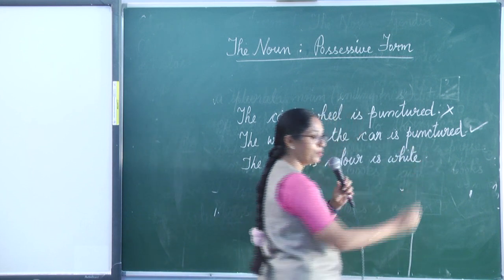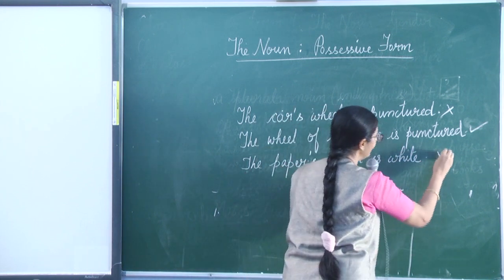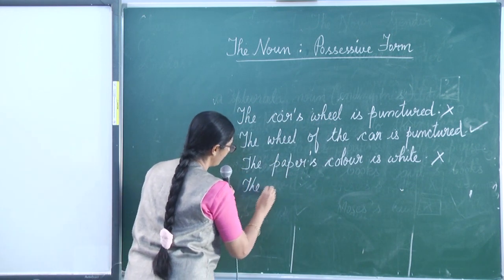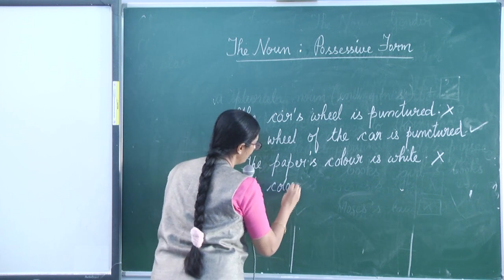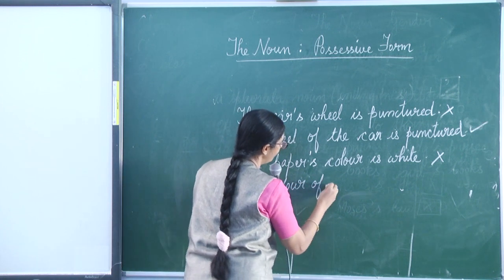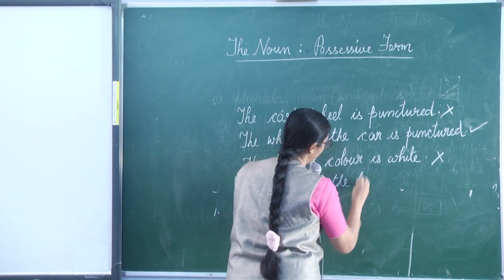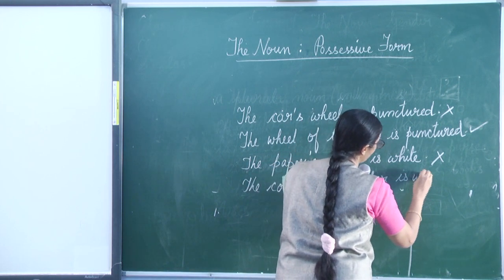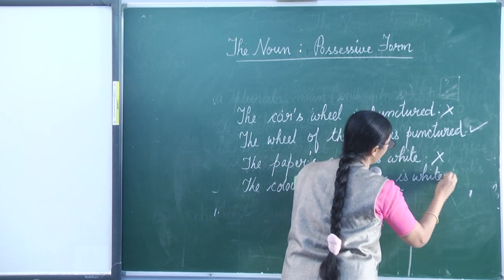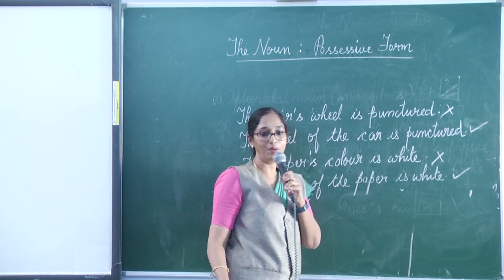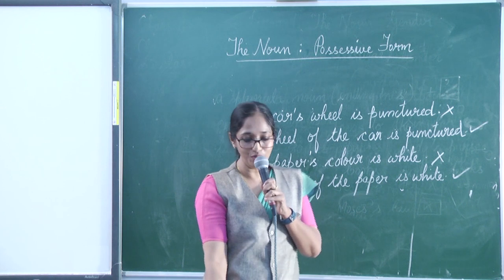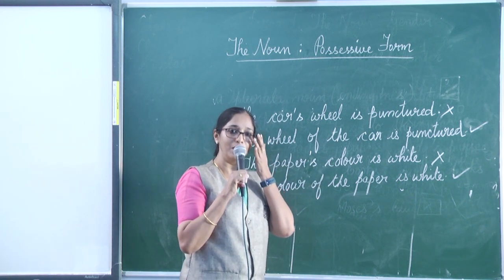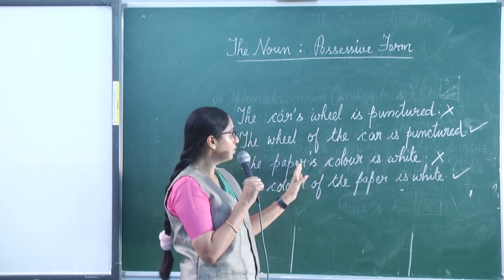Paper is a non-living thing, so the sentence is incorrect. You need to write, the color of the paper is white. So when you use possessive form, we tend to make mistakes like this, but remember,